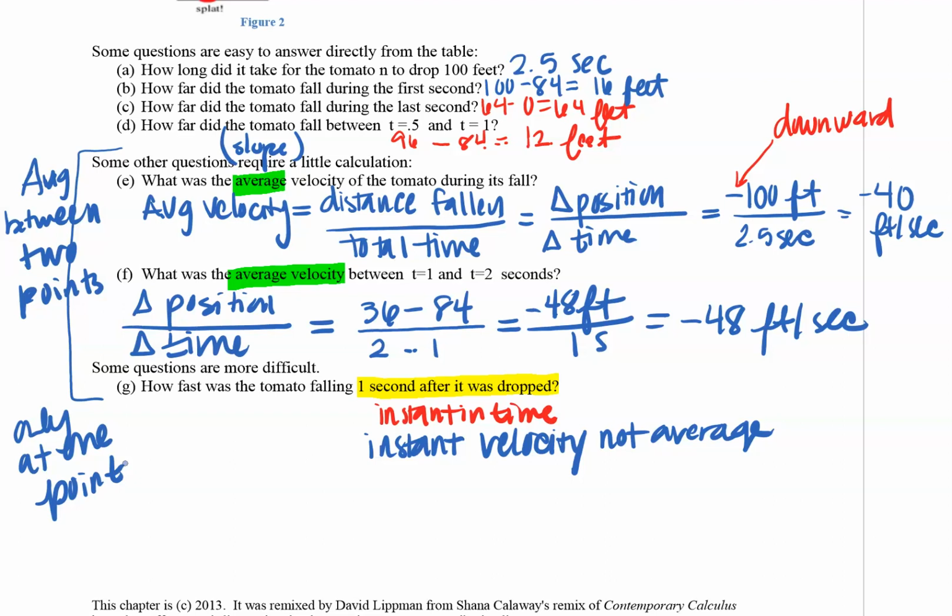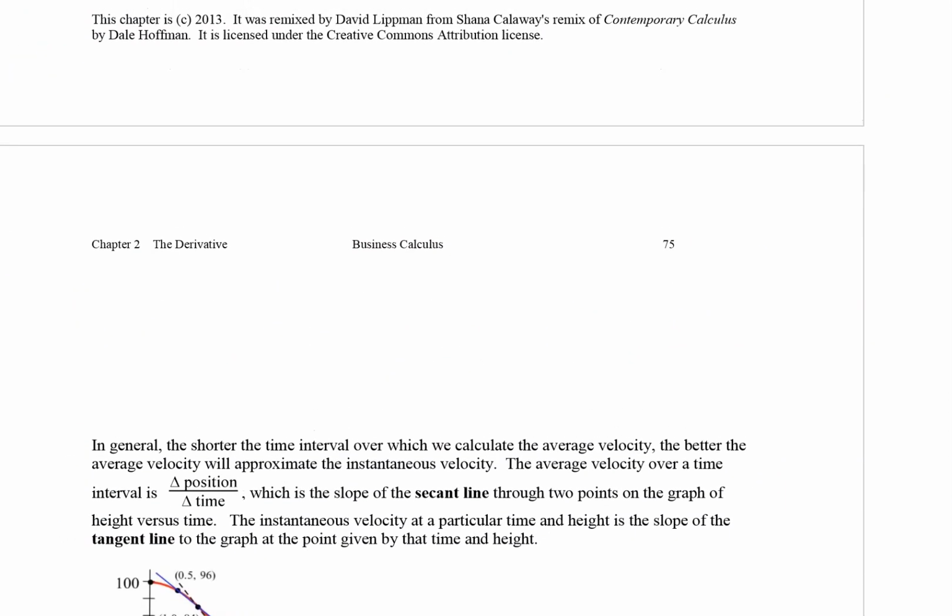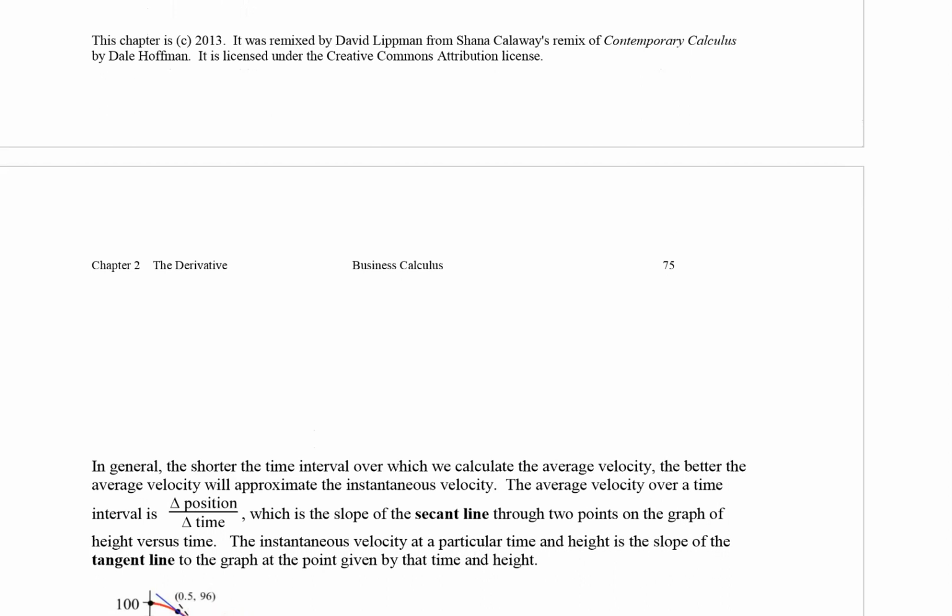Our average over the fall was negative 40, but you'll notice that it was slower at the beginning, and then as we moved to that 1 to 2 second interval, it got faster at the end. So a better approximation is if we take those averages closer and closer to that 1 second mark. Let's dive into that and see what we can do with it. I just want to give us a little bit more room here. I want us to do some averages, but let's take them a little bit closer. So let's first look at the average